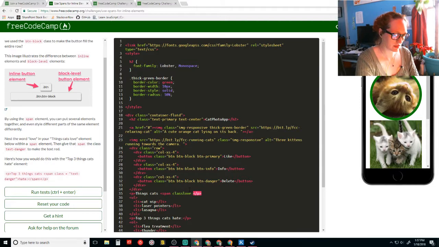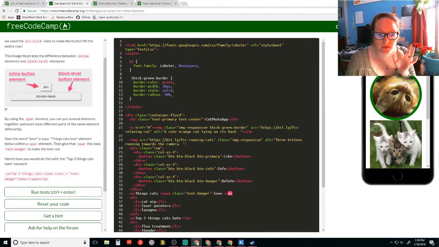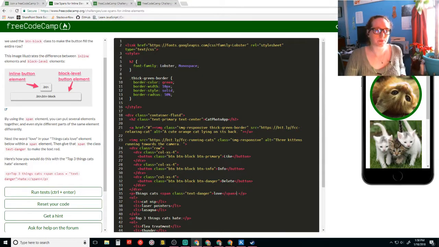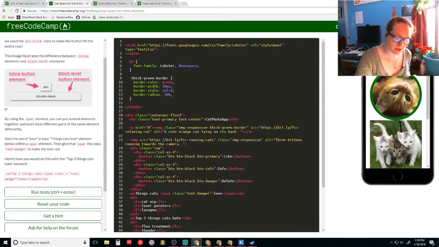Class equals, no, equals text danger, that one there, and then also on this side, span again. Close it up. Seal it up. Oh, after the... There we go.